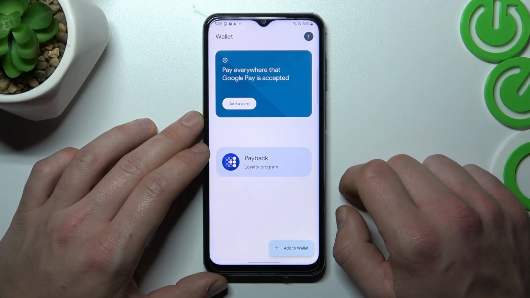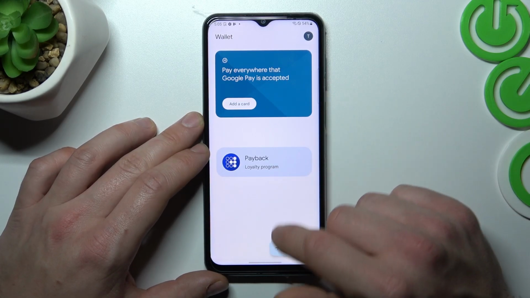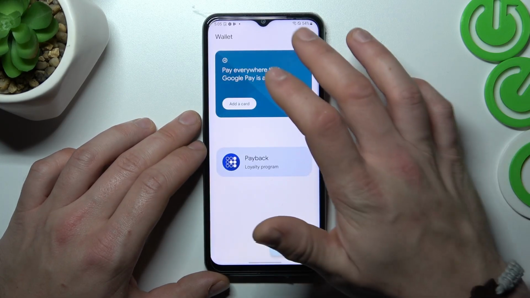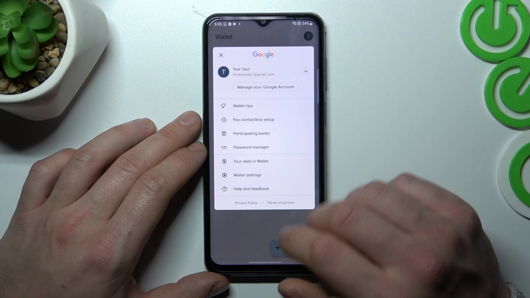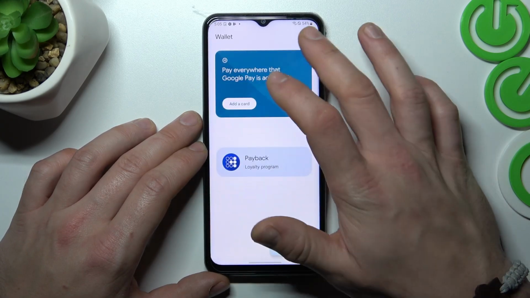And as you can see, from the homepage of this app, you can add payment card, manage all of your passes, then you can add new passes and payment cards, and you can go to menu. From the menu you've got access to your Google accounts, all wallet tips,